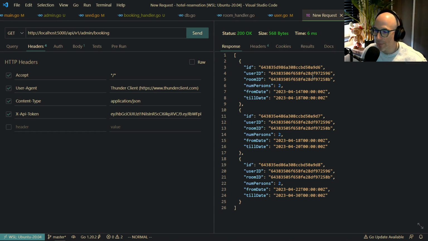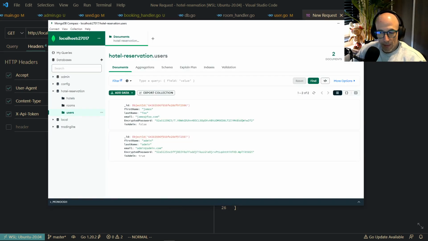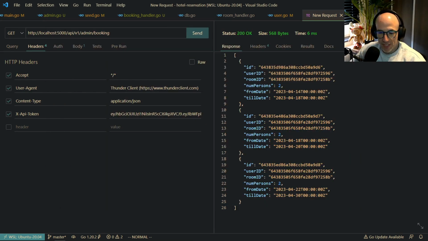So now only the admin has access to these bookings. And that's actually perfectly fine. Let me see how many minutes this is. Is it going to be 34? I think it's fine. So the next thing we also should do is one more authorization, and that's going to be another approach,